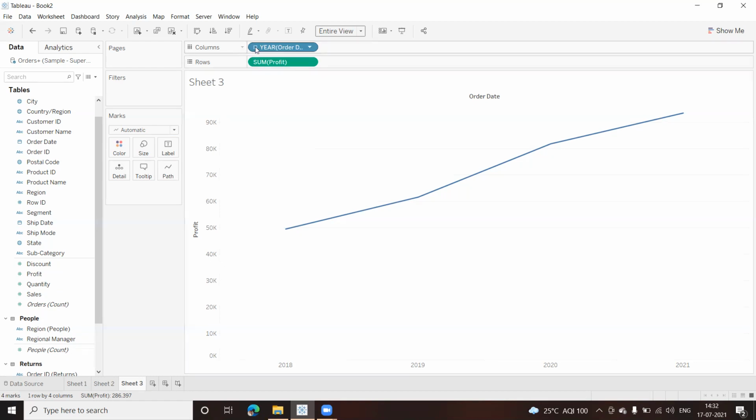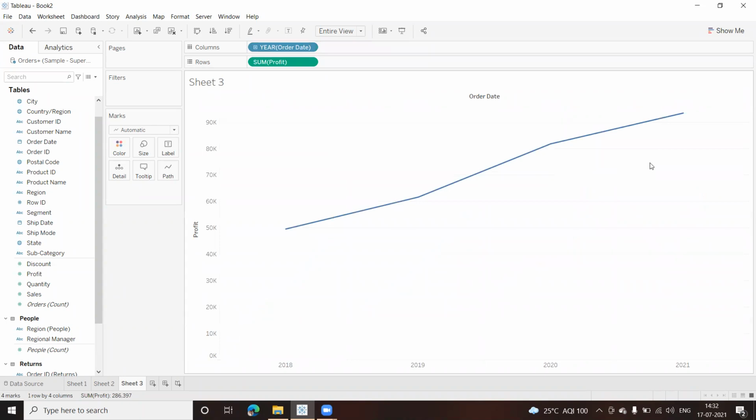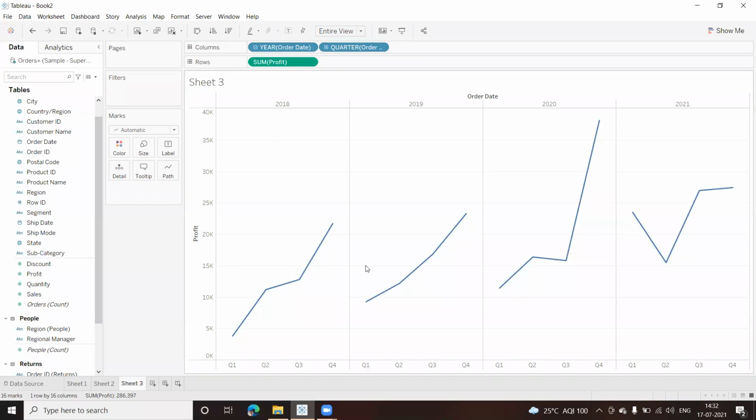One more thing, let us click on this and make this quarter wise. Now this is my line chart. Because I've arranged it, this is from 2018 to 2021. If you look at the date, it does not come in years, right? What is happening is a hierarchy is getting created here. If I click on this further, it gives me the quarter wise. For each year, I have 4 points now, 1, 2, 3, and 4. So 4 for each of the 4 years, a total of 16 points getting plotted on my chart.